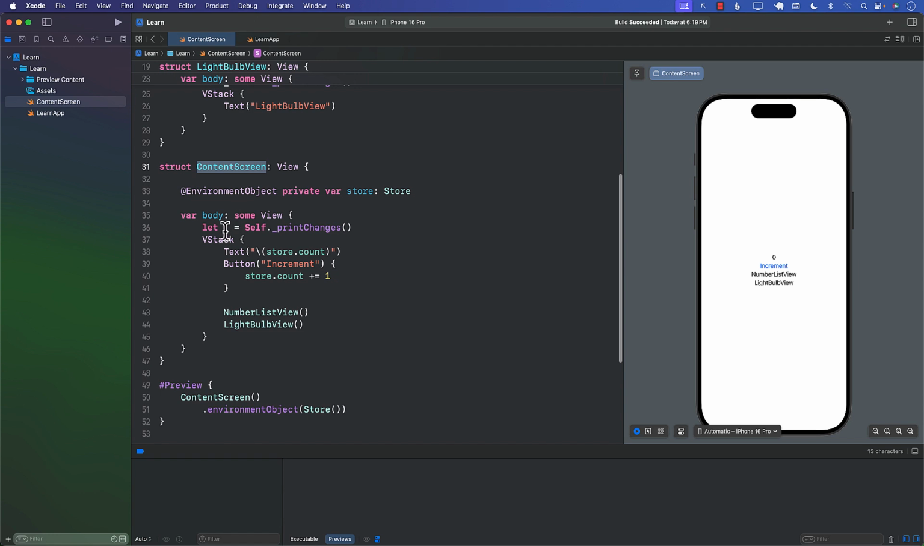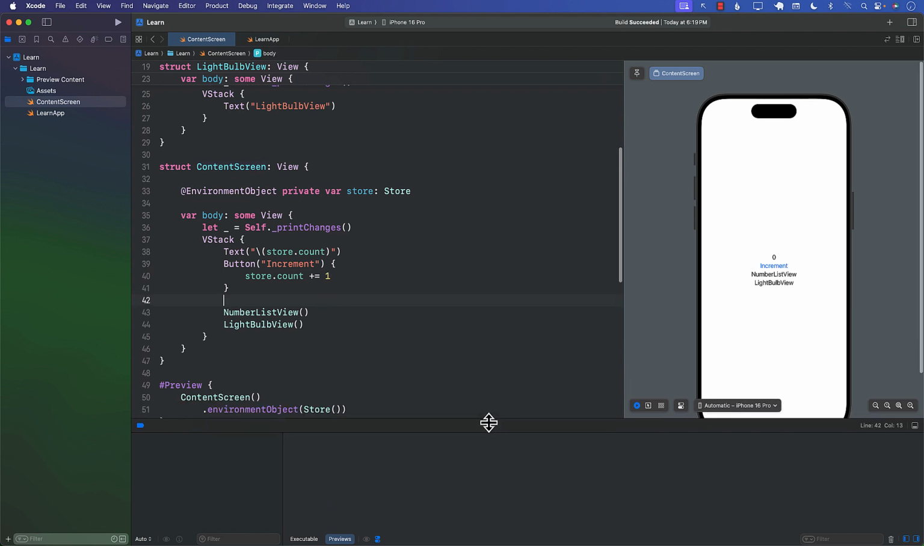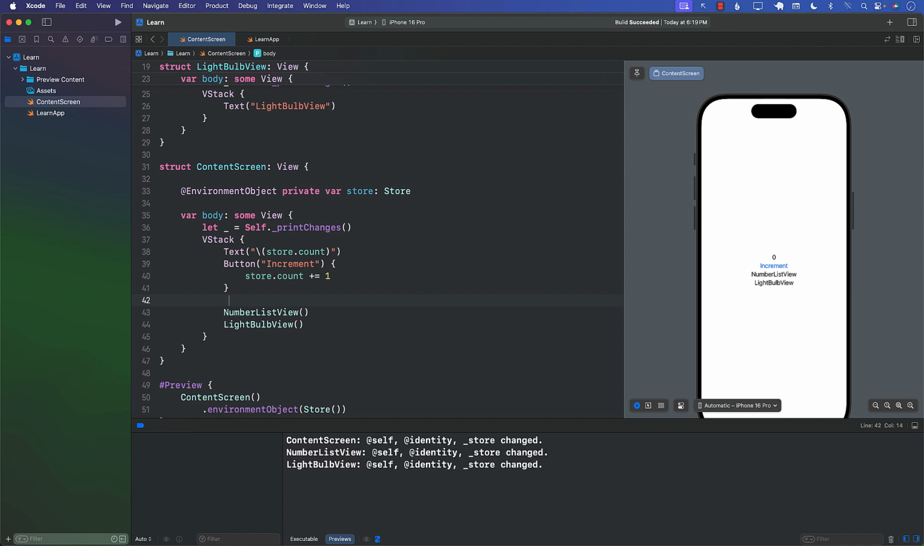Unlike the content screen, which is actually using the property of the store, so it does need to be re-rendered. But what happens if I save it? Okay, let's go ahead and there we go. I'm going to save it. Once I save it, obviously the content screen and everything gets re-rendered for the first time, and you can see that right now it's rendering everything. So I'm going to delete that, start fresh. And now if I increment,